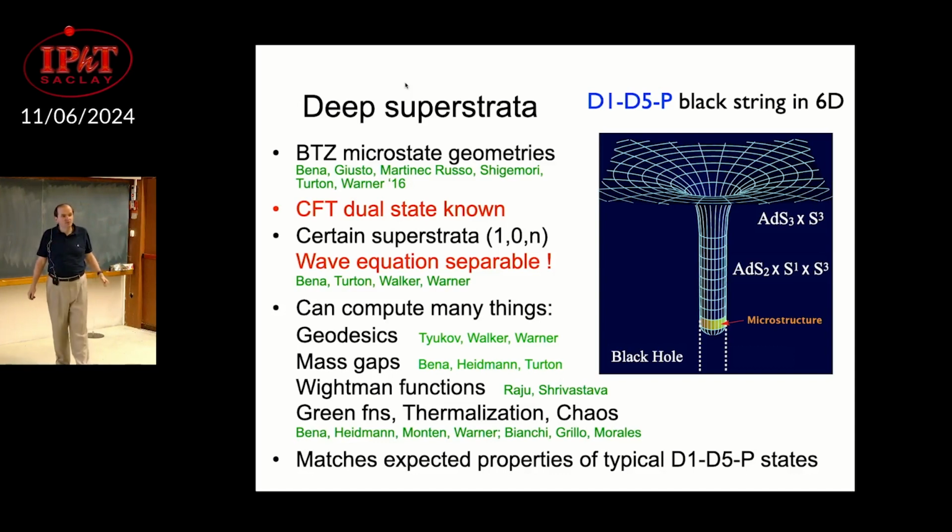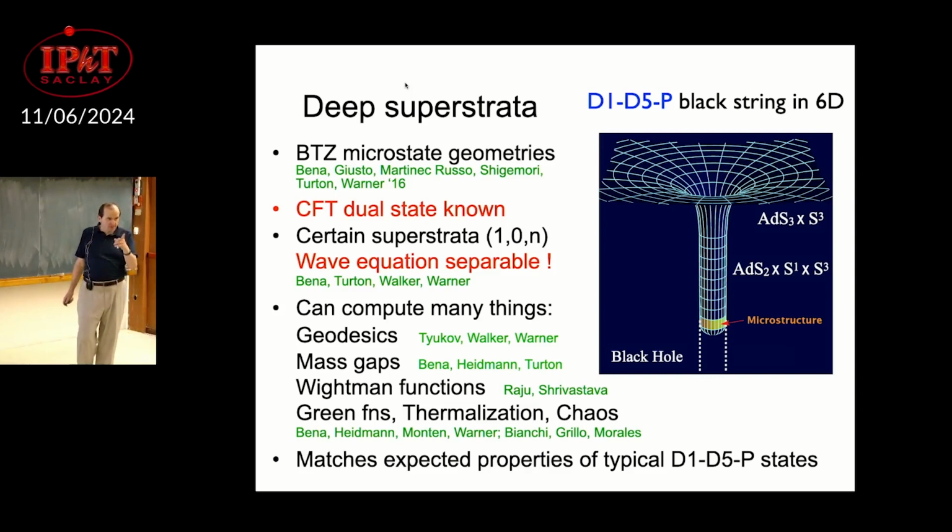Yes, and then Roberto. I understand that there is a difference between the typical microstates of the D1D5P black hole and the superstrata, which is the shape. I understand that the superstrata have the shape of a circular supertube and momentum waves outside, whereas I would have expected that the typical microstate of the black hole is roughly spherical. I'll get to that, absolutely.